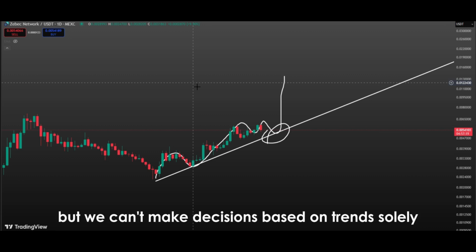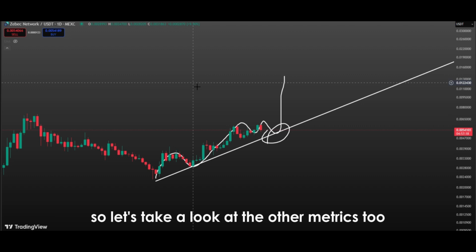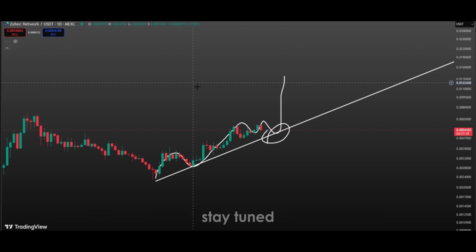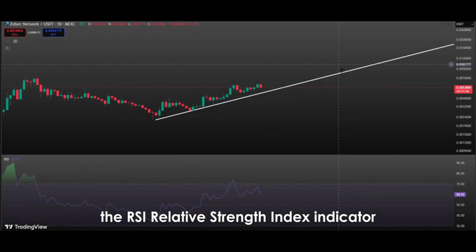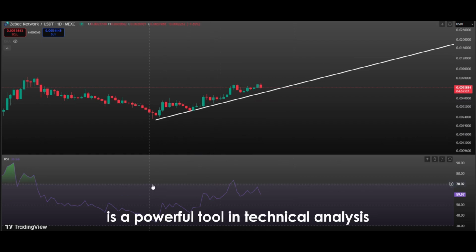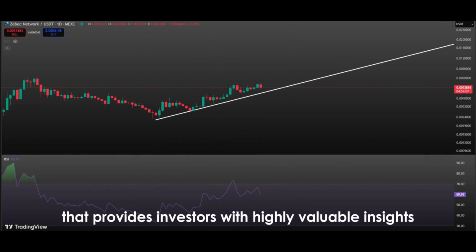But we can't make decisions based on trends solely, so let's take a look at the other metrics too. Stay tuned. The RSI, Relative Strength Index indicator, is a powerful tool in technical analysis that provides investors with highly